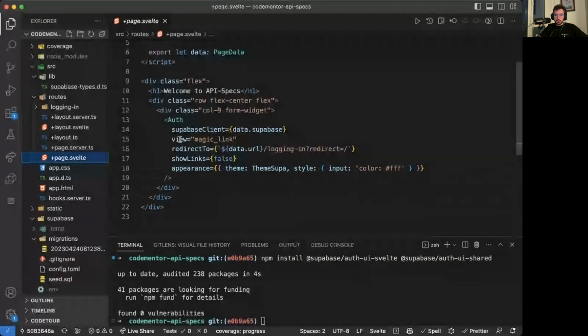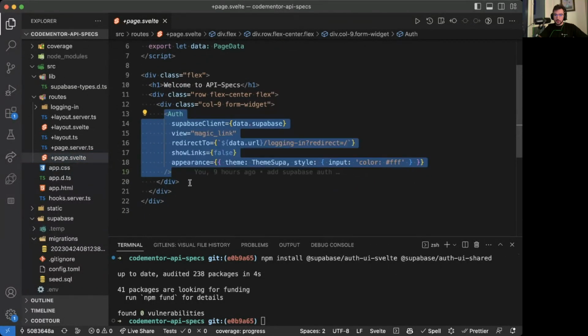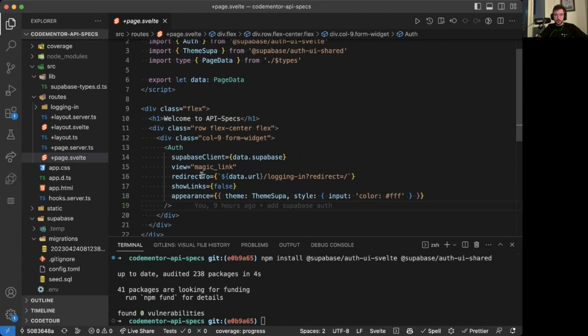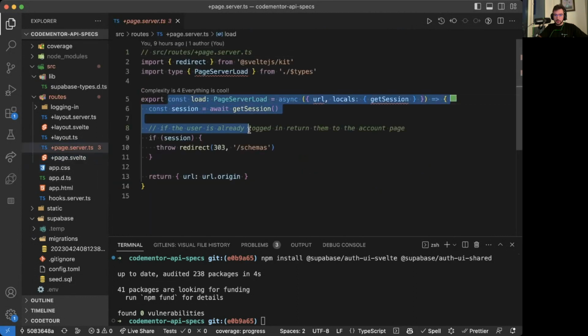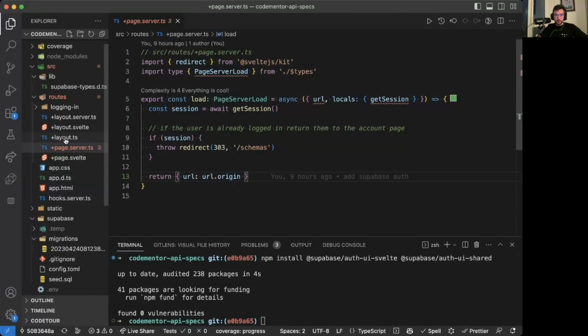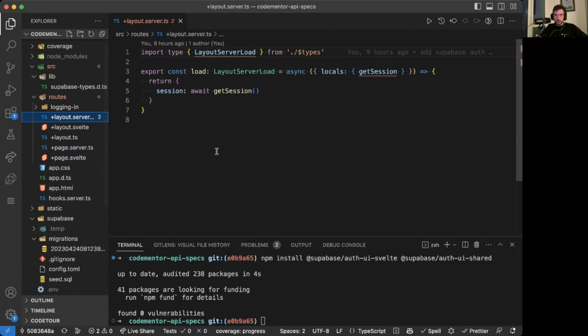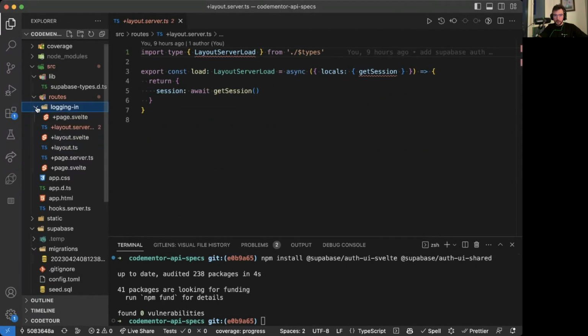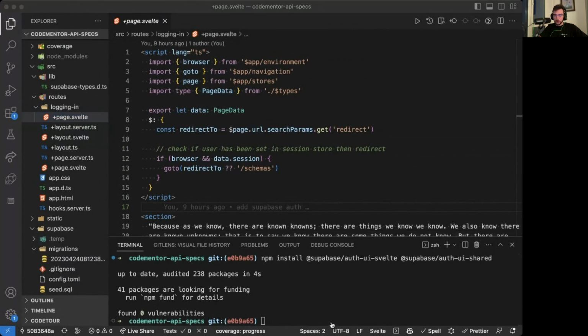And of course, we added an auth component from auth-ui-svelte to do authentication. The page server is actually working with the session, the layout passes state, and the login page acts as an intermediary when you are logging in. Let's run npm install